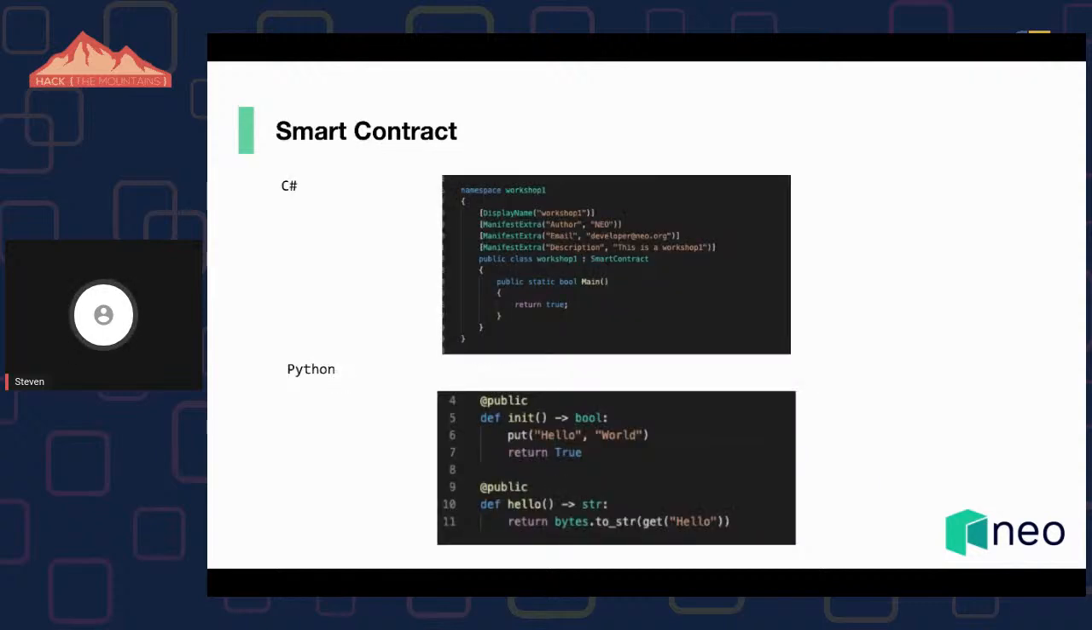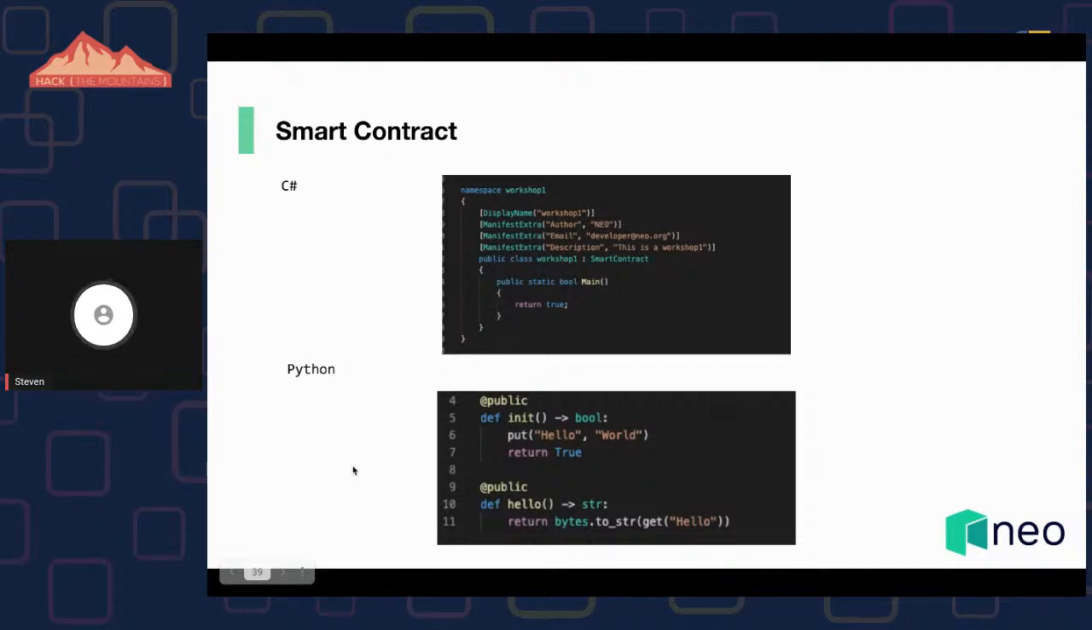And the smart contract is very simple. It's not some complicated thing. Here, I just put two very easy examples. The first one is a C Sharp example. It's just to show how to write a main function and return true. And the second one is the Python